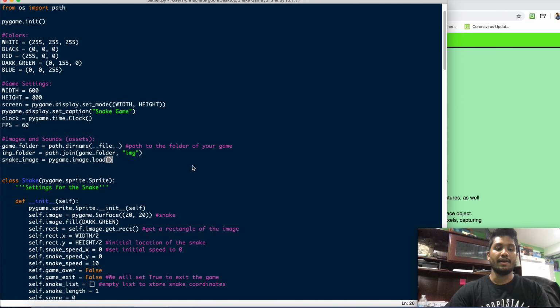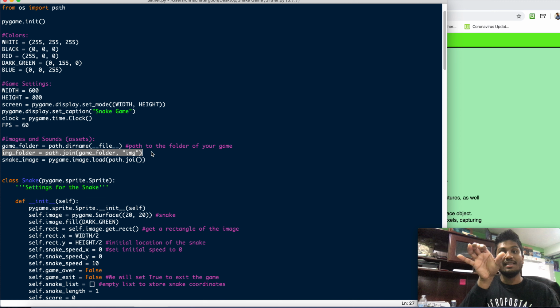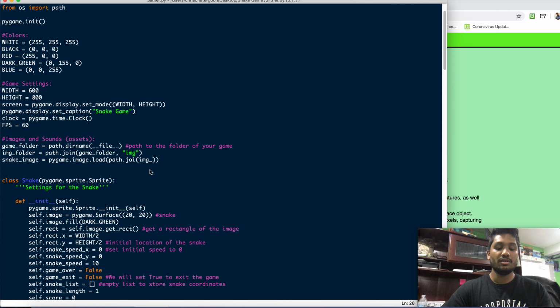Pygame.image.load. Okay. And then inside of here, what are you loading? Well, we're going to join, okay, path.join, two things. First we're going to go to the folder, the image folder, and then once we're inside of that image folder, we're going to select the exact name of the image that we want to use. So that's going to be image underscore folder,